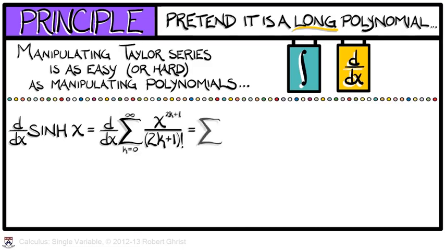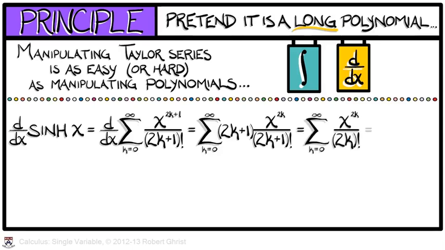Since the derivative of x to the 2k plus 1 equals 2k plus 1 times x to the 2k, we can see by dividing by 2k plus 1 quantity factorial and summing as k goes from 0 to infinity that the derivative is the sum k goes from 0 to infinity of x to the 2k over 2k quantity factorial. That is simply the hyperbolic cosine of x,